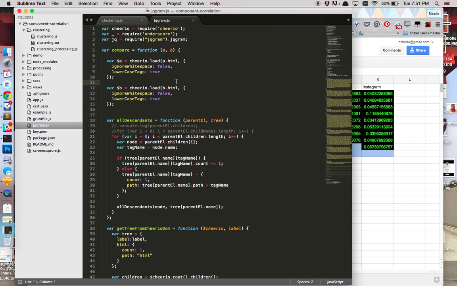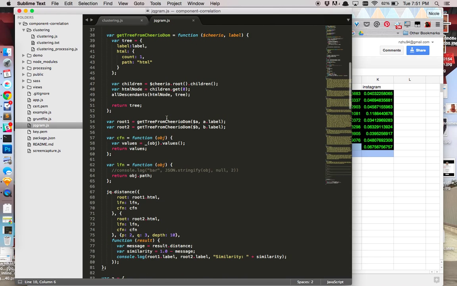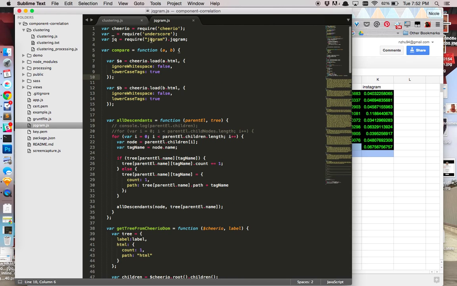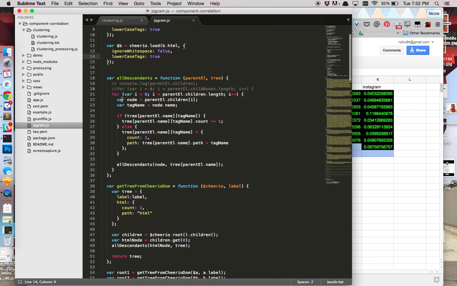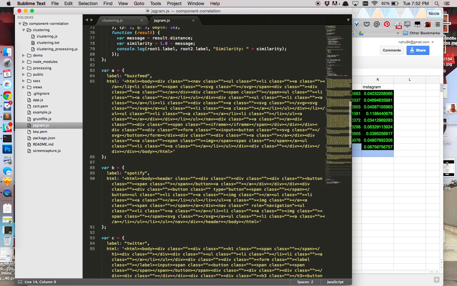This sprint was working more on tech feasibility and focusing more on a programmatic way of surfacing structural comparisons between the HTML of different navigation bars on various websites. And so I worked with Josh on coming up with an HTML difference comparison metric using a node module called JQgram to basically turn an HTML string into a sort of nested JSON object and trying